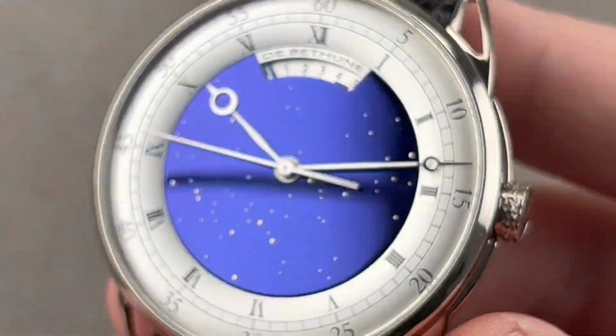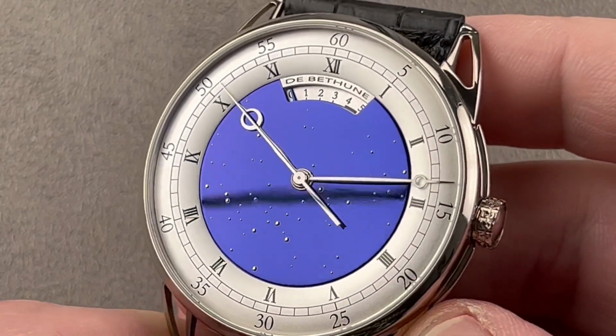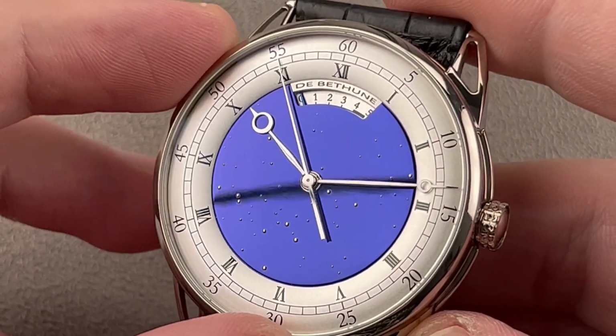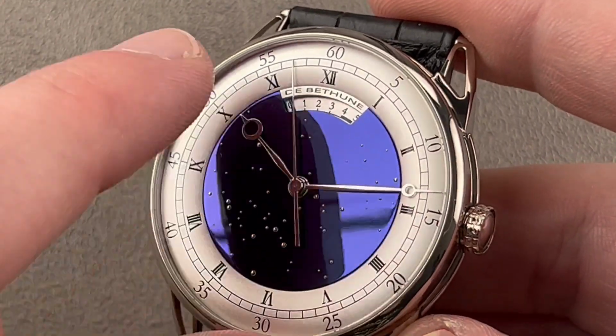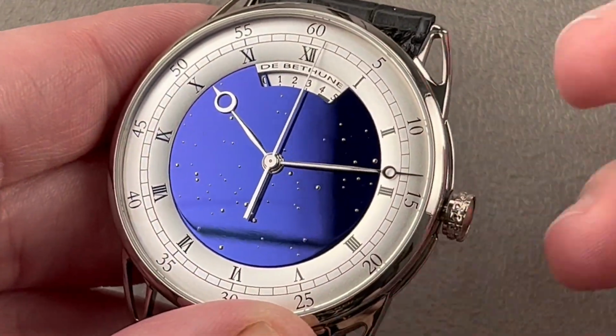And we finish up with what might be the most spectacular watch I've encountered this year. This is the 20-piece limited edition white gold Debatoon DB25 Deadbeat Second Tourbillon. From a series launched in 2011, this 20-piece limited edition features a 4 to 5 day power reserve, a deadbeat second system. It is a rare Debatoon with hacking seconds, and it has a spectacular